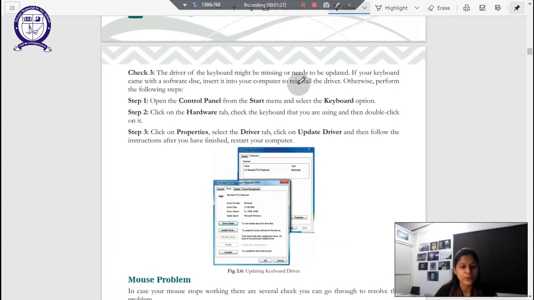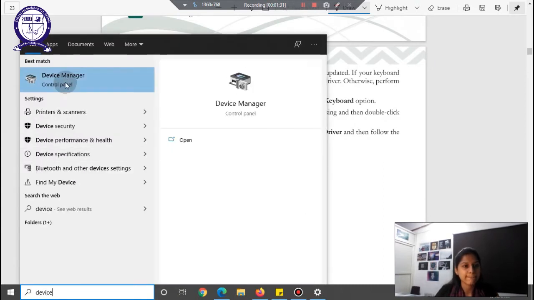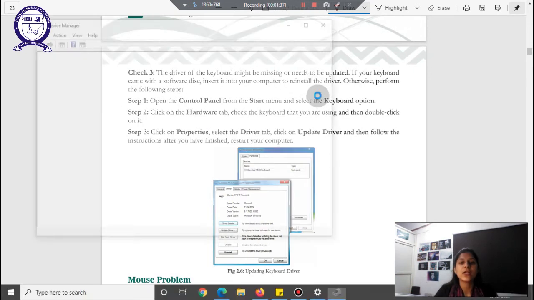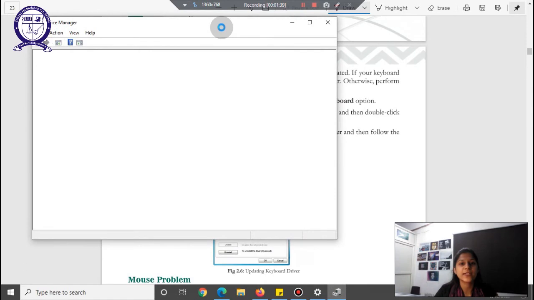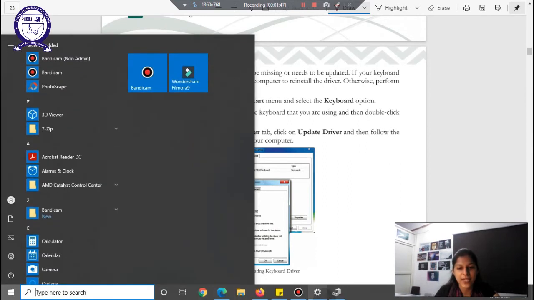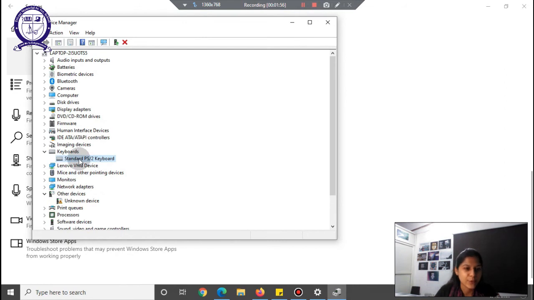So what we will do, we will go to Device Manager, and I will show you where the options are to update and uninstall any driver for any hardware, right? I just clicked on Device Manager and that's it. I will go and find my keyboard. So here it is, standard PS/2 keyboard, right?